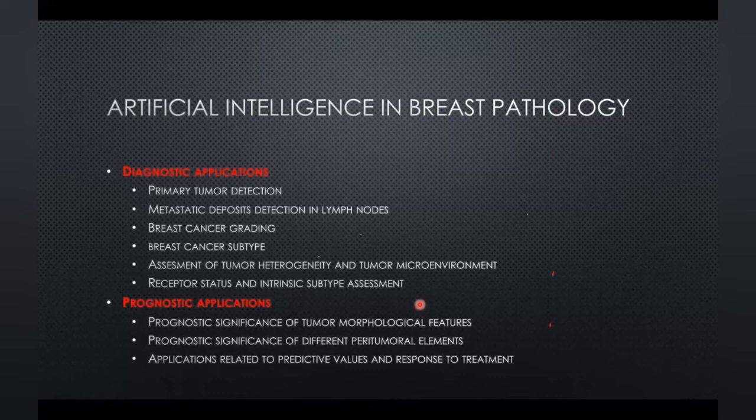And the prognostic application. It will tell you the prognosis of this tumor by looking into the morphological features, how aggressive it looks, and what the microenvironment around it is. It can actually start telling you what the prognosis would be. And of prognostic significance are different peritumoral elements like the amount of lymphocytes. It will label all those and tell you how this tumor will behave. And of course,